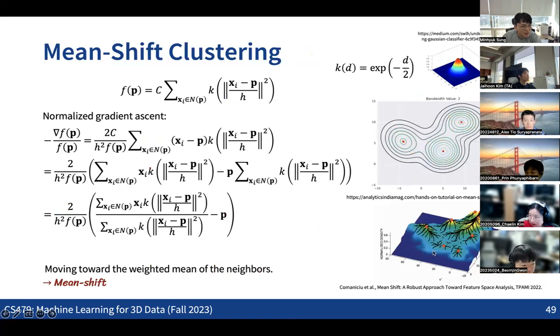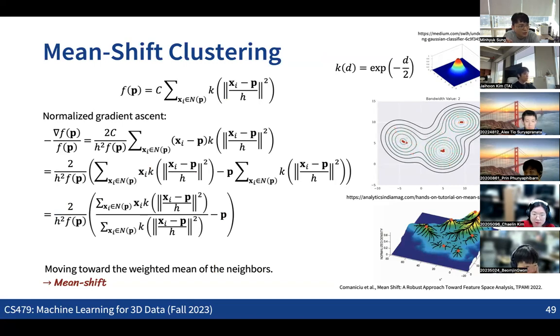On the right-hand side here, you can see the slope of the probability distribution function over the space. What we do is distribute some random samples over the space, and then move all the points to the peak point of each local region by running gradient descent. So that's the basic idea.